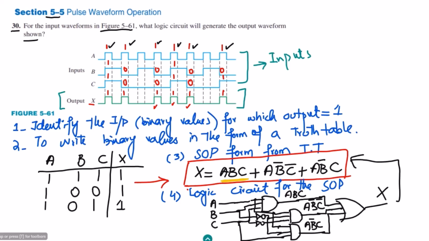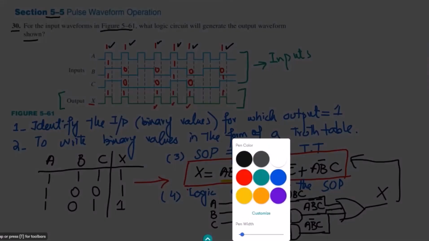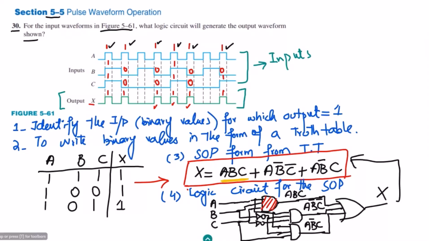So this is a logic circuit which we have obtained from our expression, which is X, and this is what we had to find out. Here we have used the first AND circuit, the second AND circuit, the third AND circuit, the NOT gates, and the final OR gate as well. So I think these steps are now clear in your mind, what steps we would have to follow if a certain output has been given to us, certain input has been provided to us, and we have to find out the logic circuit out of those inputs and output